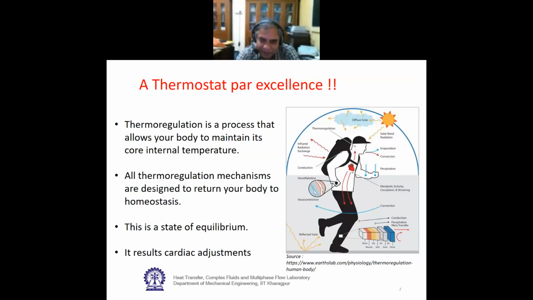As for the temperature of the human body we are talking of, there are two temperatures. One is the core temperature. The vital internal organs like heart, lung, liver, etc. maintain this temperature very precisely. And there is skin temperature or peripheral temperature, which can vary depending on physiological action and particularly on the environmental condition. Here, I can show how challenging it is to maintain this temperature, because you can see there are